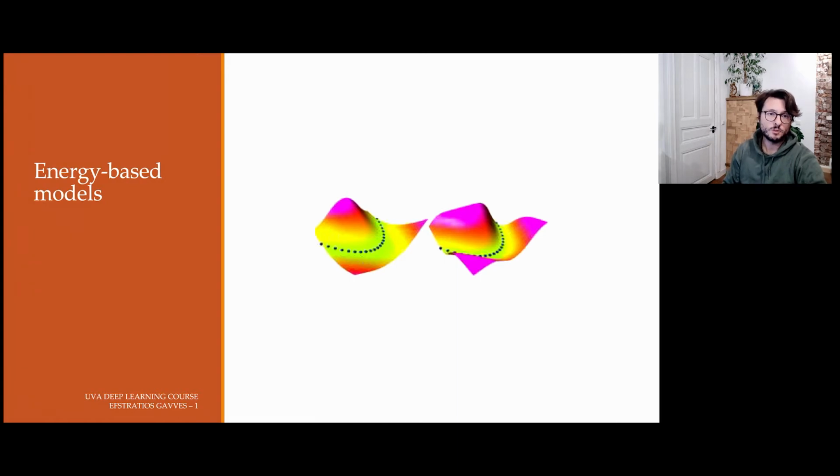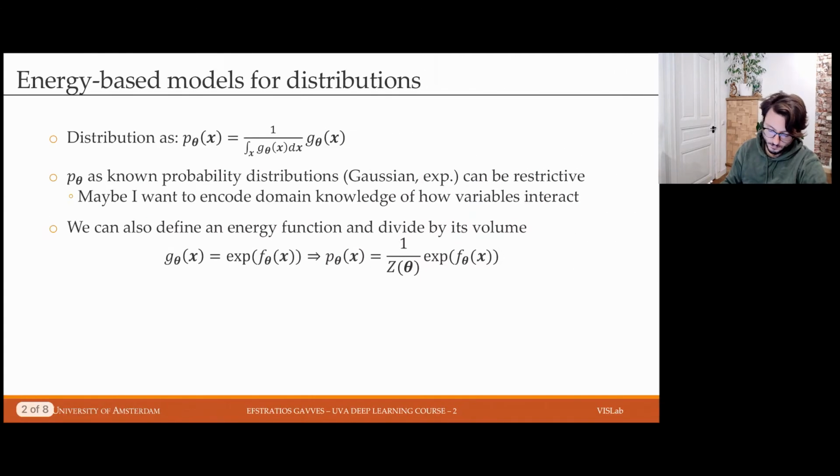Hi, now let's move on to energy-based functions for generative modeling. So we saw in the previous sub-lecture that we can define our functions so that we model distributions, and we can do that by having a parametric function g controlled by the parameter theta and divide by the volume of that function. Now, if we define our p theta to be a probability distribution like Gaussian,